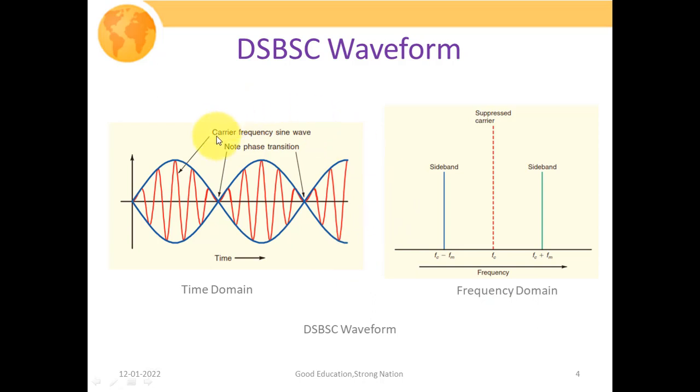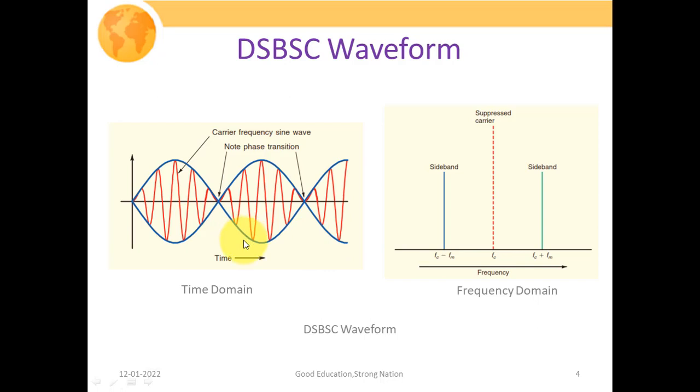So this particular figure is basically showing your DSB-SC waveform. This is showing the envelope of your DSB-SC signal. One should observe closely that at this particular moment a phase transition takes place. That is, here the carrier is not continuous, it is changing its phase. From here it is not going downward, it is going just upward. That is, here we have this 180-degree phase shift. This is the time domain representation of your DSB-SC waveform.